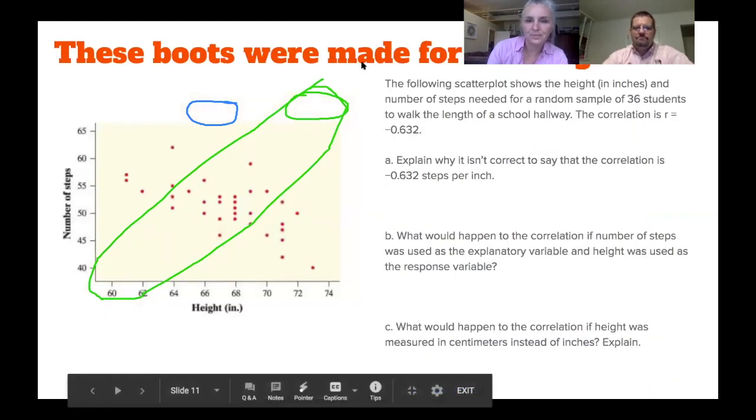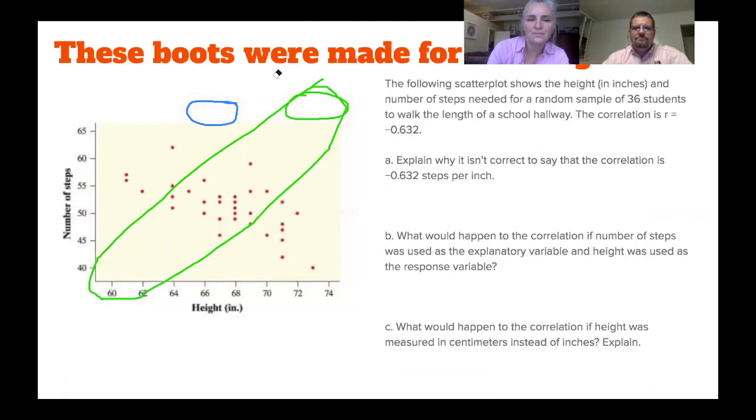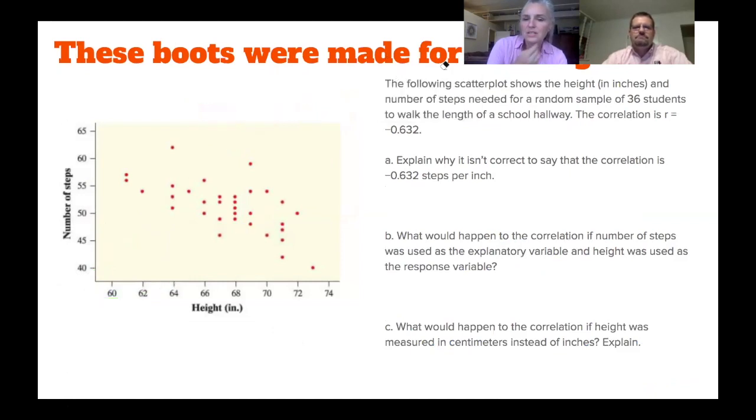Okay, let's do one more. Is this the last one? I think so. I also think so. So it says the following scatter plot shows the height in inches and number of steps needed for a random sample of 36 students to walk the length of the school hallway. This one's very interesting. The correlation is negative